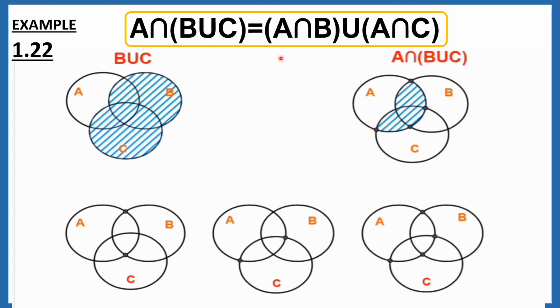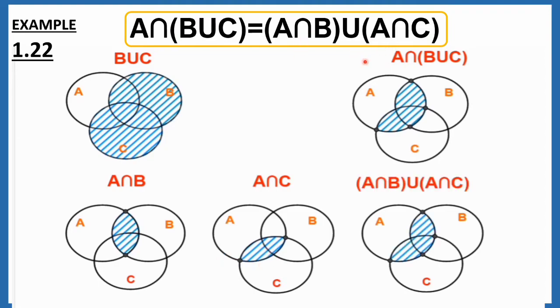In right hand side, A intersection B. Before you shade the region, please find the intersection point of these two circles. It is very easy to find the region. This portion is A intersection B. The same way, A intersection C. See here, A and C intersect between these 2 points. Please shade the region. Next we have to combine both the regions. So like this. See the second and fifth diagram, both are same. So the distributive property is verified.